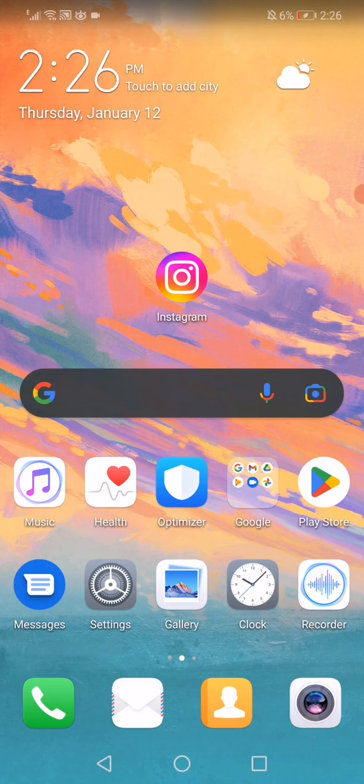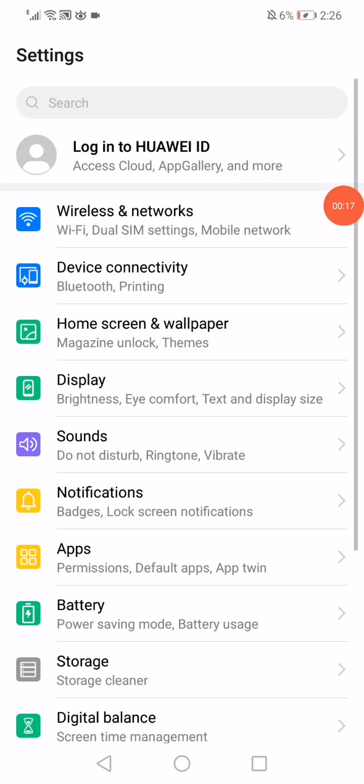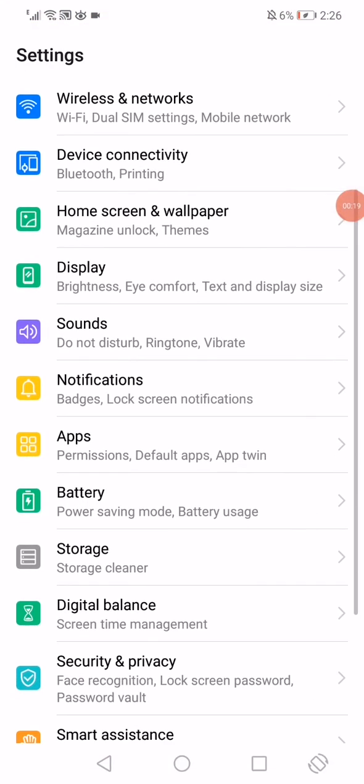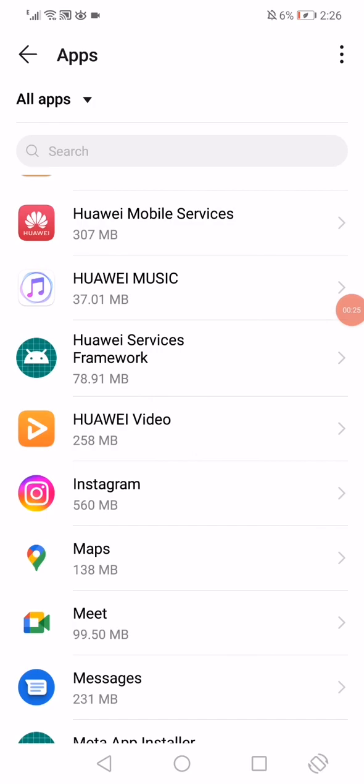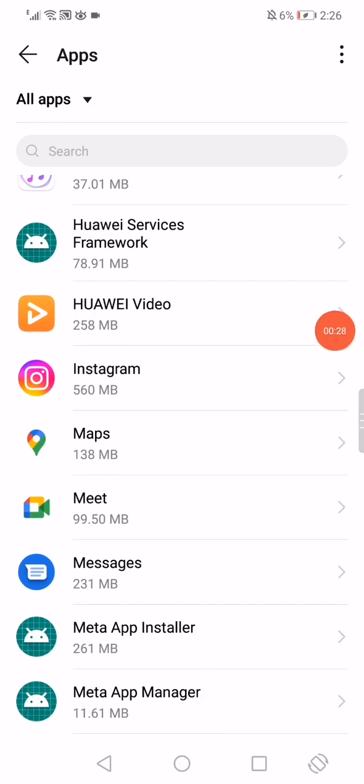First thing you wanna do, guys, to fix the login problem is by going into the settings on your phone and then go to the apps manager. Open the apps. Now on this page, as you can see, you will find all the apps that you have on your phone. Click on Instagram